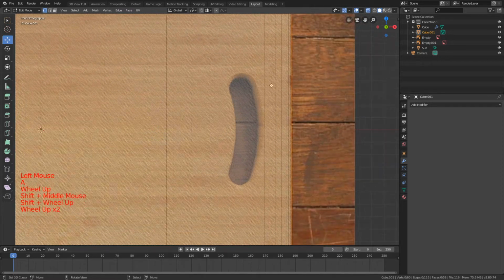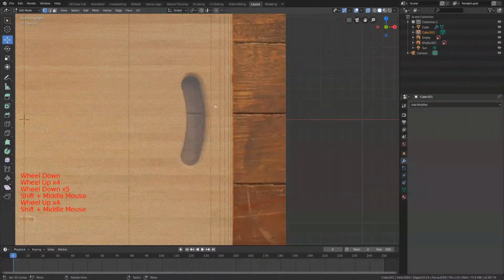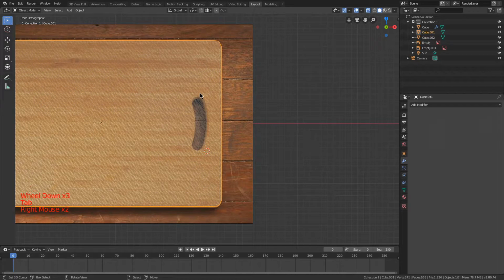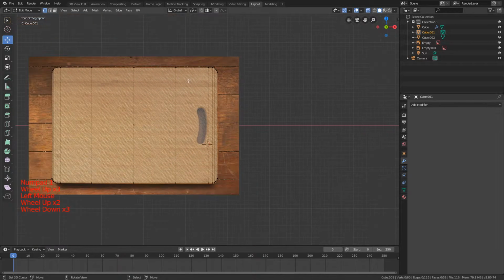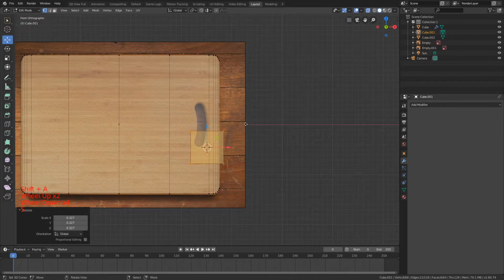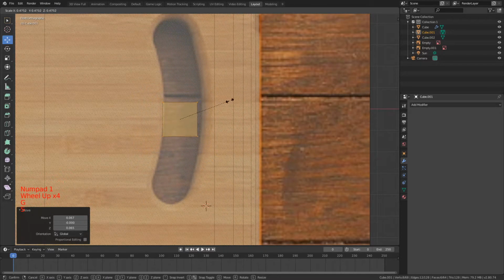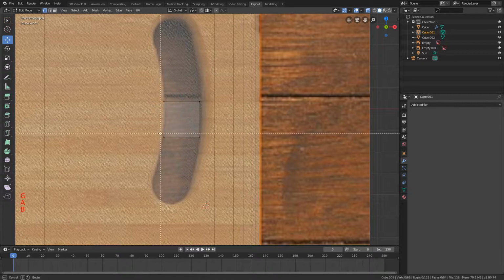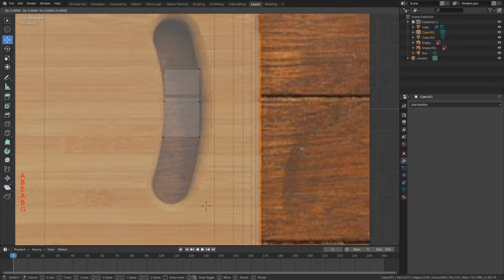Next, I'm going to subdivide it quickly. We will be making this. In fact, we may as well do that now. Okay, everyone, so now, once we have done the breadboard, we're going to add in this little thing here. So with this set, it's Shift A and cube, scale, G, scale, G, and then just like this, like so, G, Shift Y, E, also sorry for the cut, I had to do something,